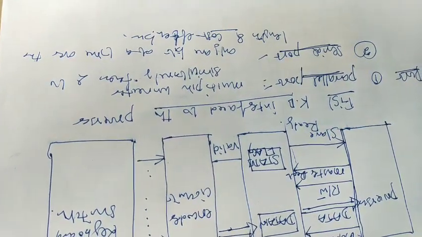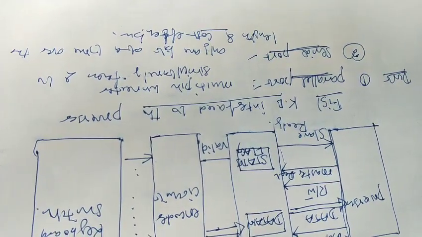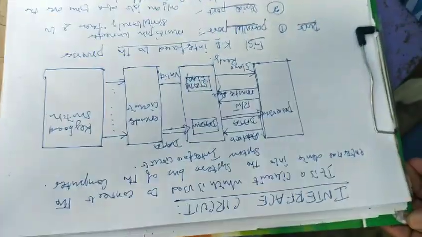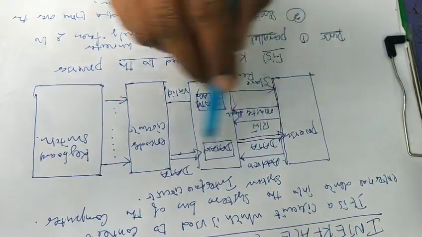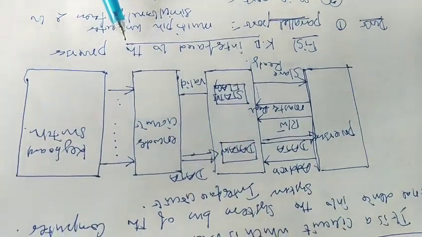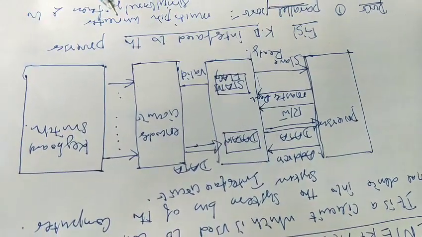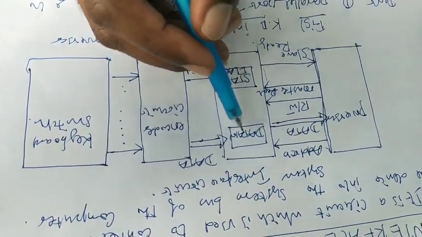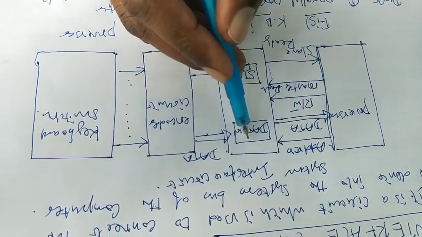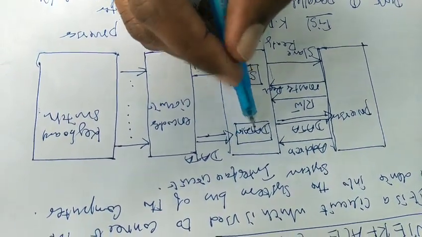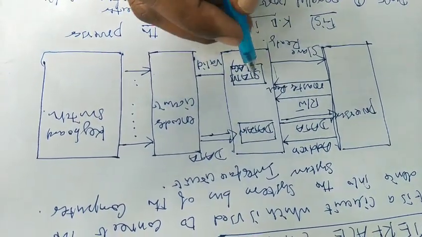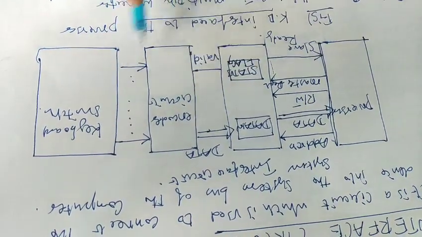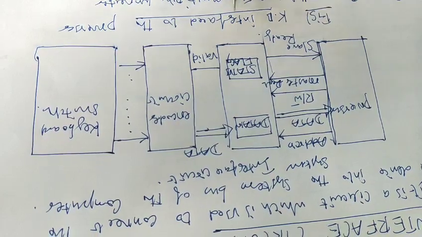So these are the two situations where we have to use serial port and parallel port. Here next we are going to see the diagrammatic explanation of this keyboard, how it is going to be interfaced with the processor, and what are the main components of the interface circuit. As we discussed earlier, the interface circuit is an electronic circuit which connects an external device to the processor with the help of some lines and some techniques.